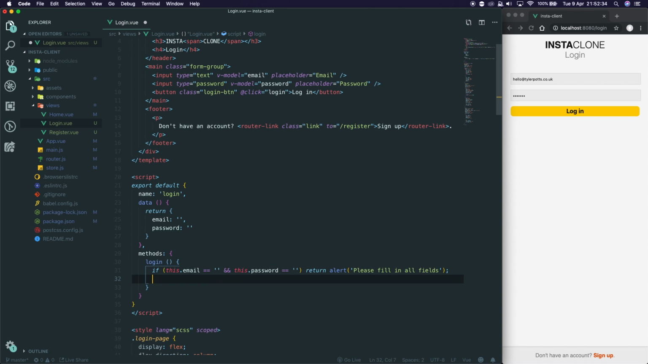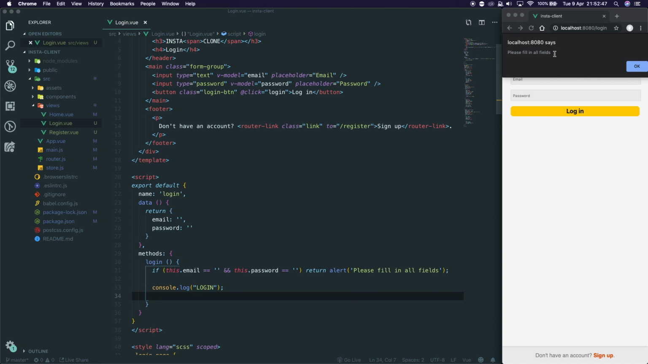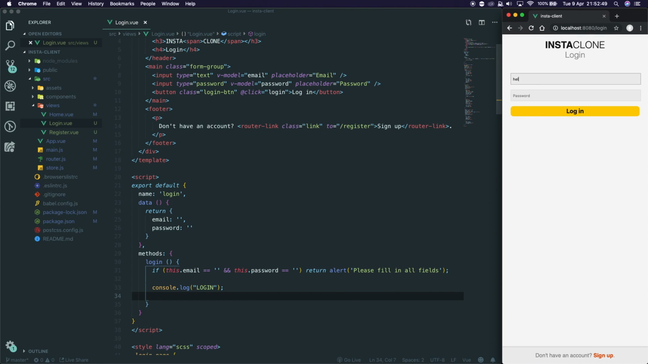We'll do some proper authentication if people want that at the end, but we'll just see what this does for now. Now let's just say login. Okay, now let's hit login. Please fill in all fields. There we go. So if we just did hello@tylerpotts.co.uk and we hit login,